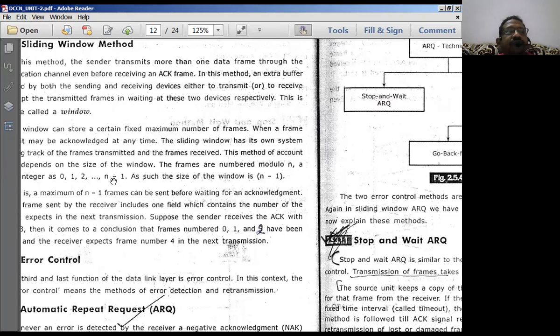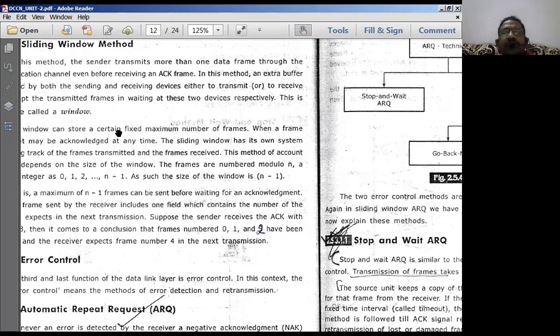In this method, extra buffer is provided by both the sending and receiving devices, either to transmit or to receive the transmitted frames, and it also supports the waiting time period.